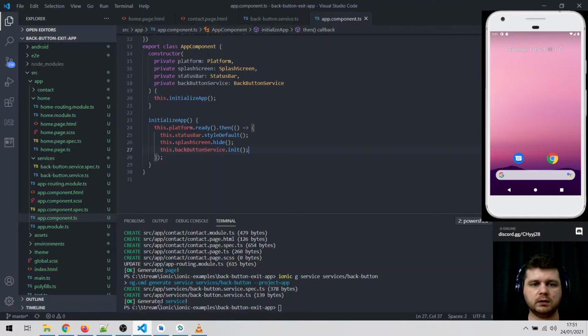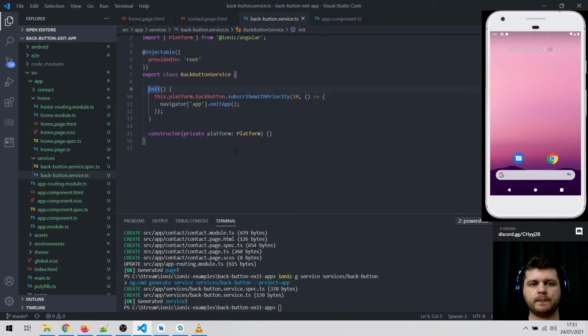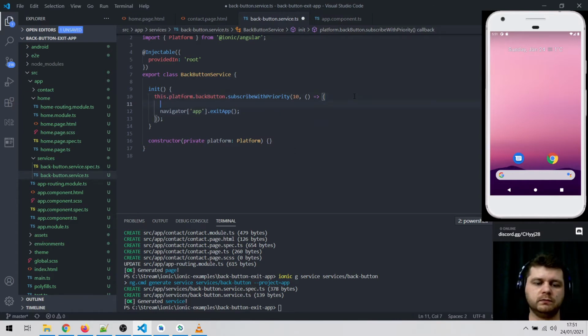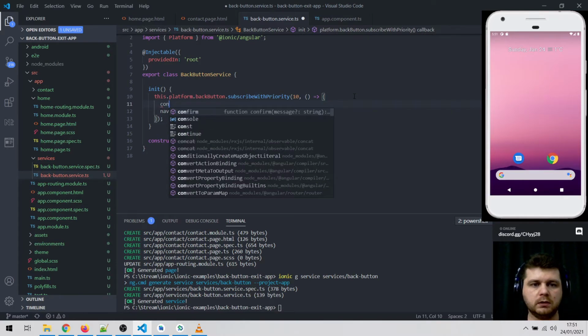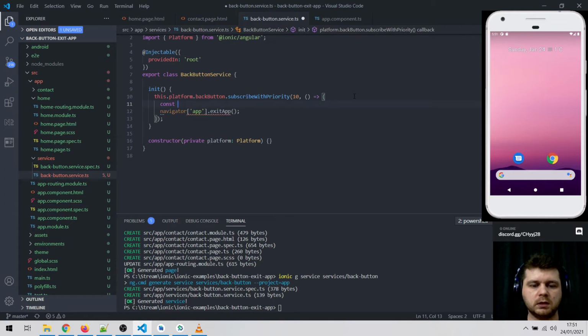So what I can do here is that instead of calling exit app here, I would like to get my current URL at first. I can do this by calling const currentUrl